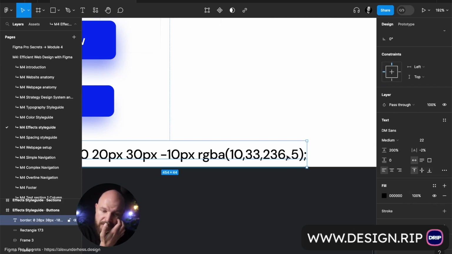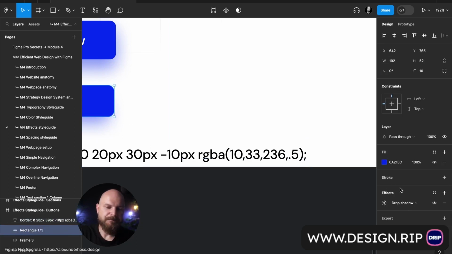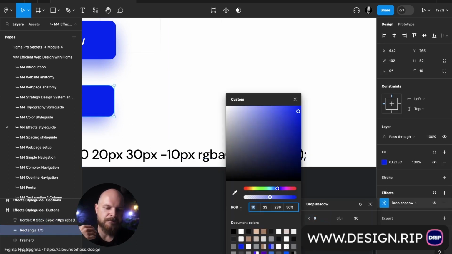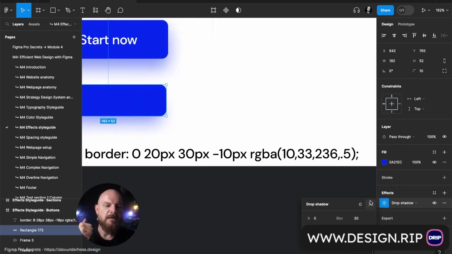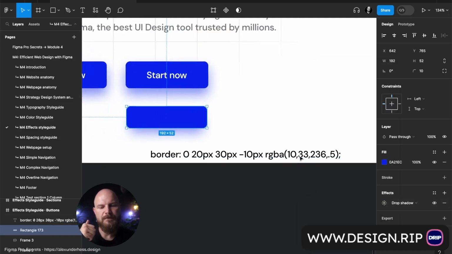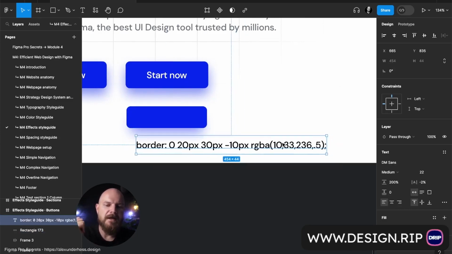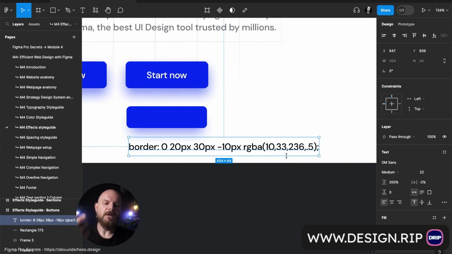This is what exactly developers will see and will use. Correct? 1033, 236, 0.5. Yep. This is what developers will use. When we go and discuss the dev mode in one of the final modules, that's exactly where I'll show you